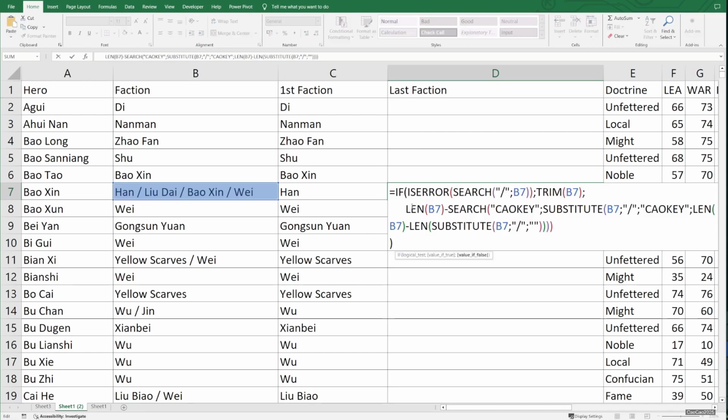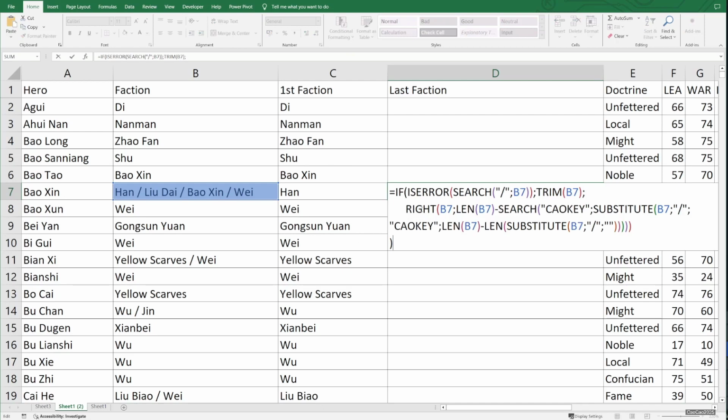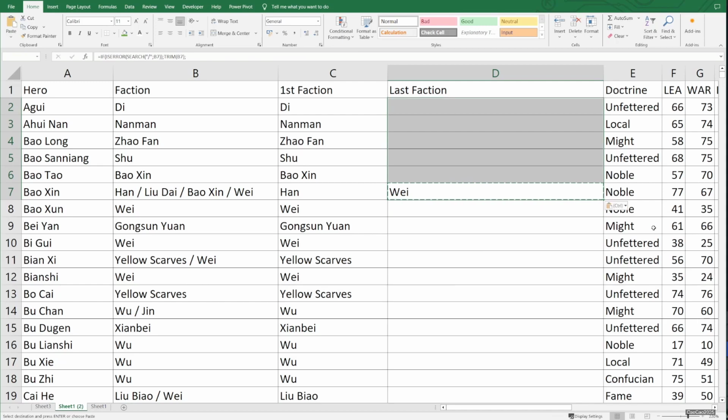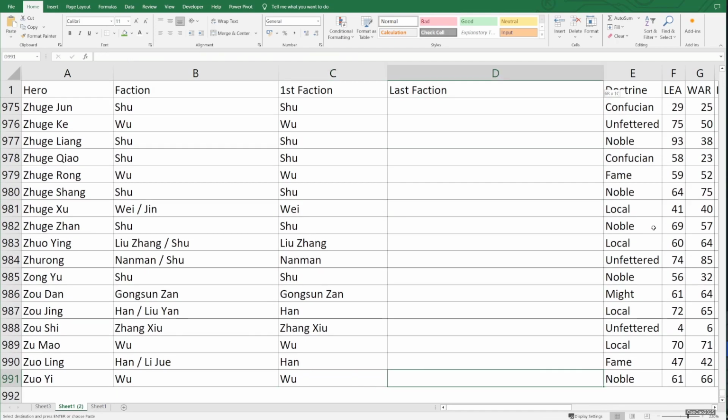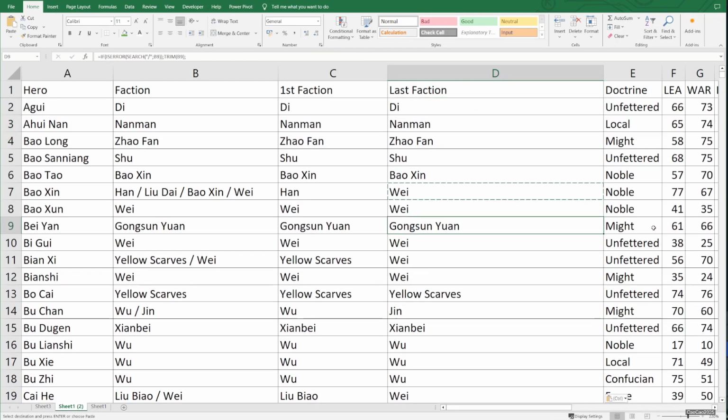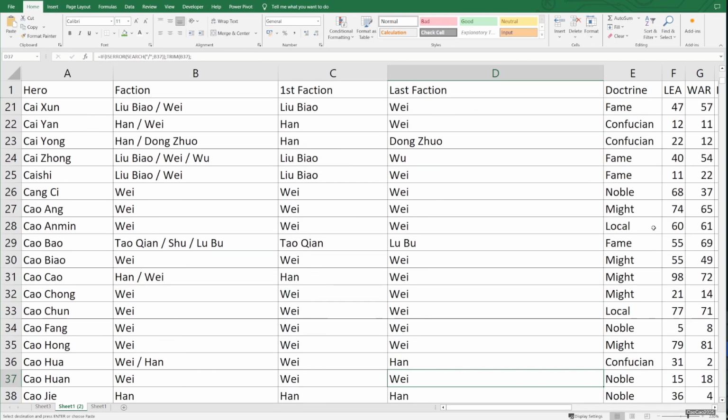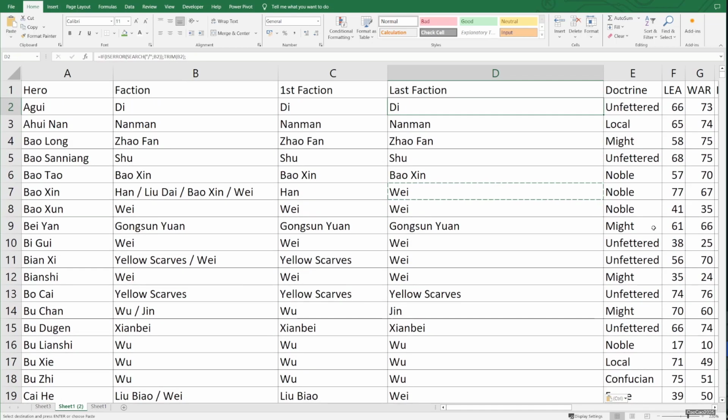Now we're going to give it a RIGHT, word from here. RIGHT 4, and we're going to trim like usual. And it works, guys. Way, yellow scarf. And that's how you get the first word and the last word from a cell without using text before or text after in